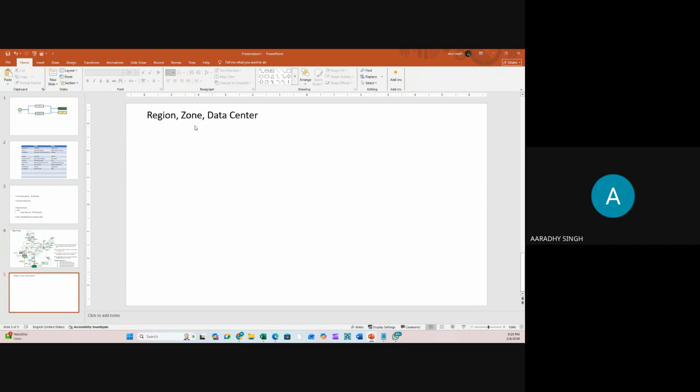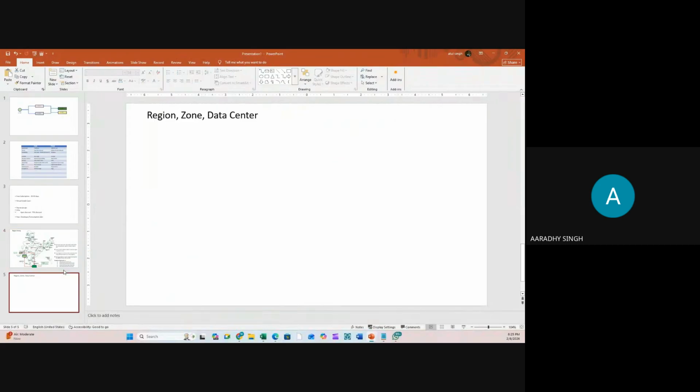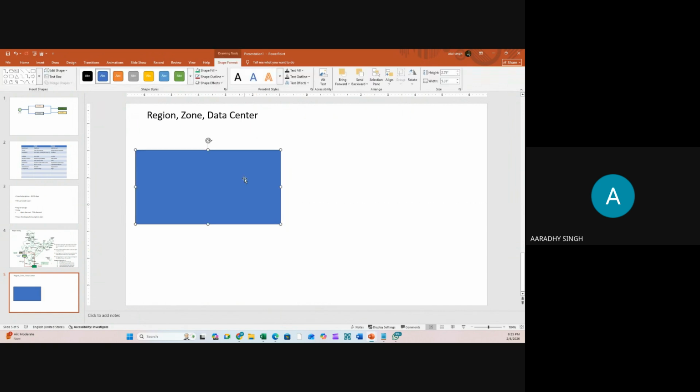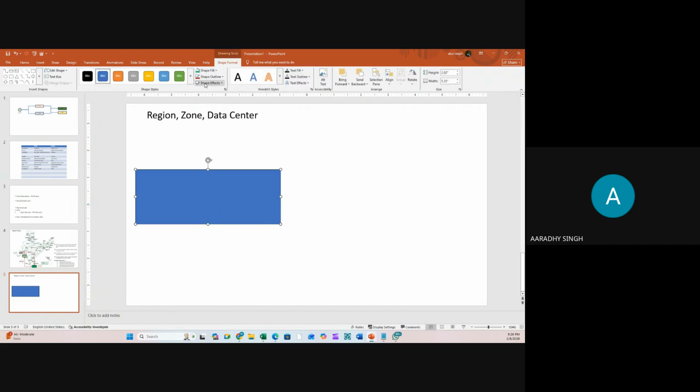Okay, so another concept is region. Guys, this is a geographic region. In this geographic location, we have multiple regions available: region 1, 2, and region 3. In one region, there will be multiple data centers. Microsoft offers two types of regions, type A region and type B region. This is very important, guys, make sure you follow here. So this is a region.